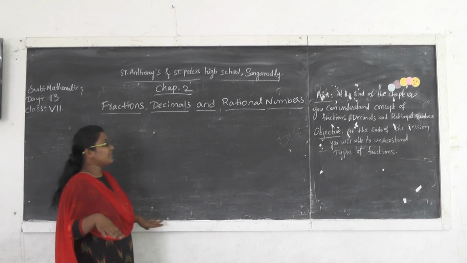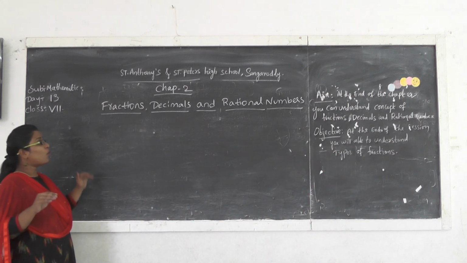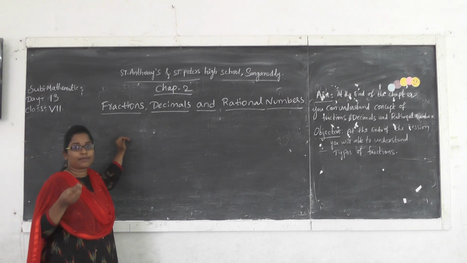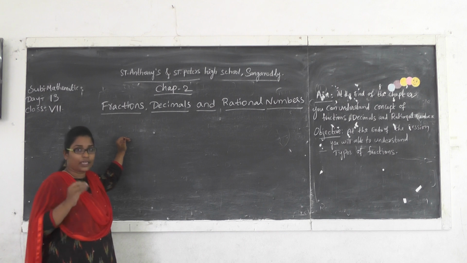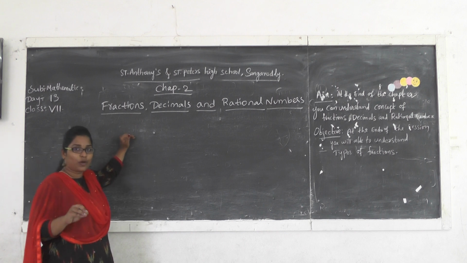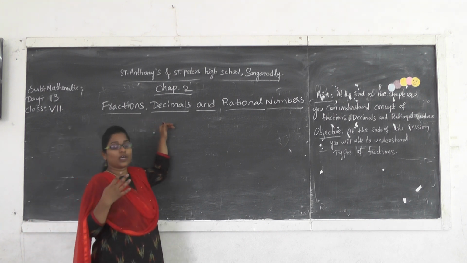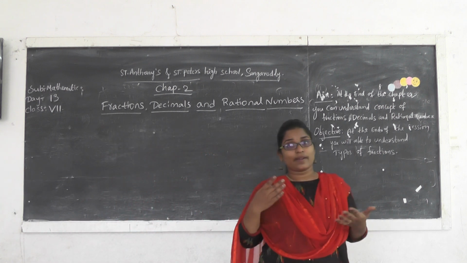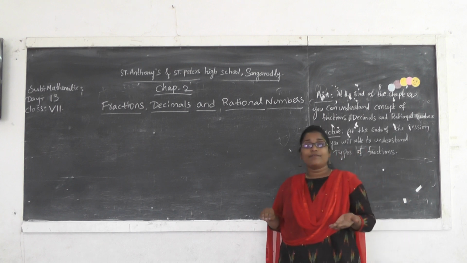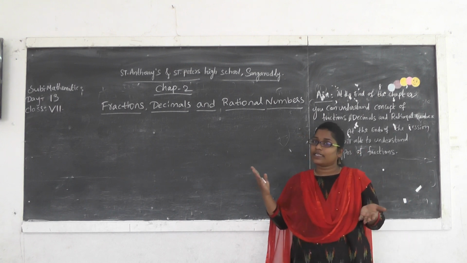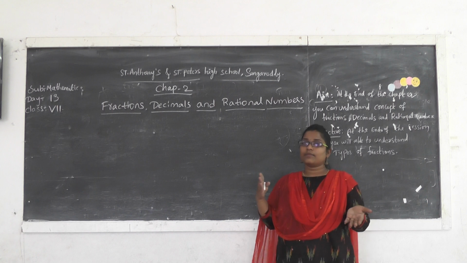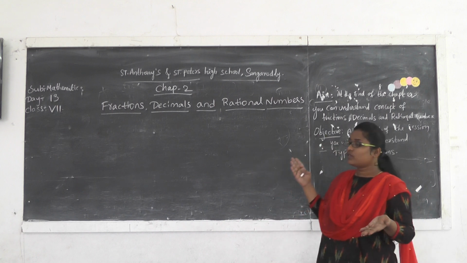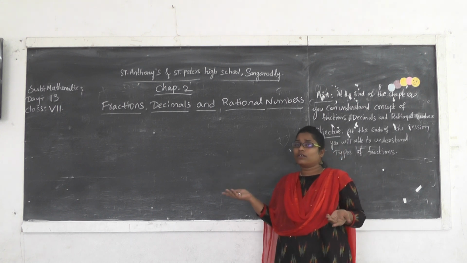In these 7 exercises you are going to learn what is meant by fractions, and operations of fractions, that means addition, subtraction, multiplication and division of fractions based on word problems. Coming to the decimals, you are going to learn what is meant by decimals, like decimals, unlike decimals, place value chart of the decimals, expanded form, and next operations on decimals, means how to add, subtract, multiply and divide the decimals. Based on that we are going to solve some word problems.